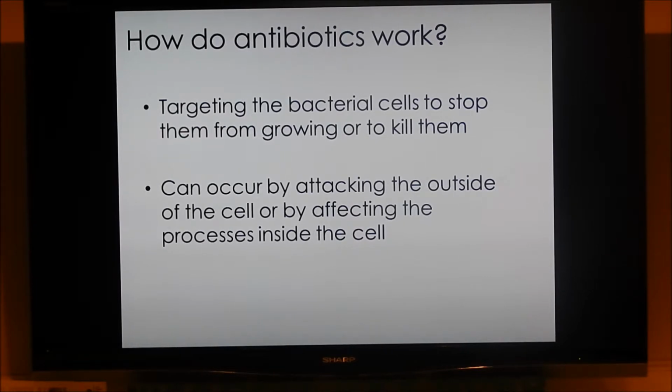Well, the antibiotics only affect the bacteria just because of the way the structure works. So they kill off just bacterial things. So they're not killing off anything in your body. So they don't affect your human cells. They just affect whatever is causing the infection.